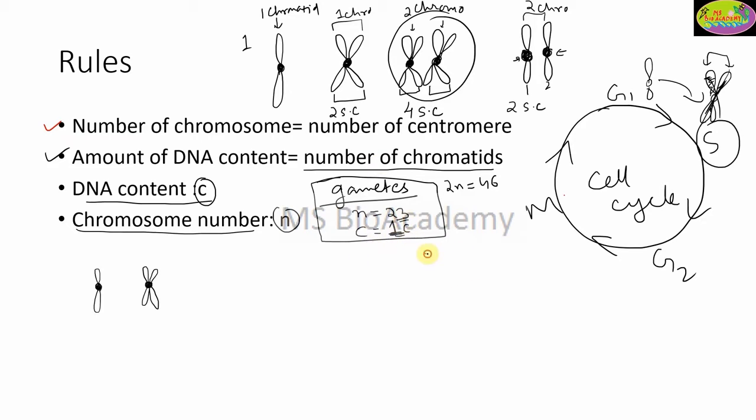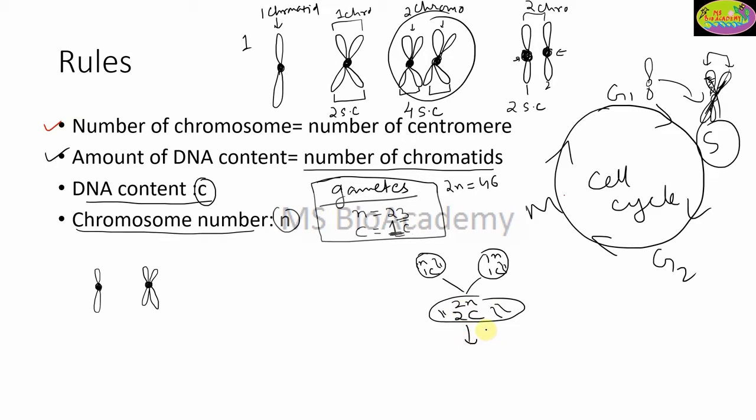But let's suppose one more case. Now this is one gamete, this is another gamete. So this has 1N and 1C, and this is again 1N and 1C. When they undergo fertilization, what do they form? They form the zygote, right? So now here what will it be? The zygote will become 2N, and now the DNA content will also become 2C, right? If this is, let's suppose, your chromosomes, now here there will be two copies of these chromosomes, like this way. So 2N and 2C, the DNA content has doubled now, right?